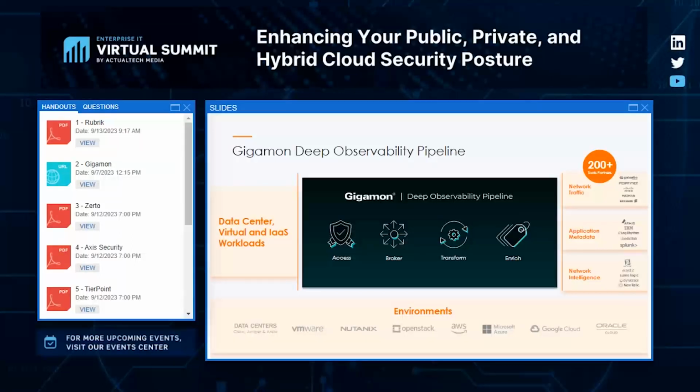Once we've accessed the traffic, some tools want the raw packets, so we'll broker the packets. Some tools may need to see decrypted traffic, so we'll also perform decryption functionality. There's a number of enrichments. Decryption, remember, is not the end, it's a means to an end. The end goal being inspection, but as soon as you decrypt traffic, on-premises or cloud, you end up with a high level of responsibility from a compliance perspective and from a privacy perspective.